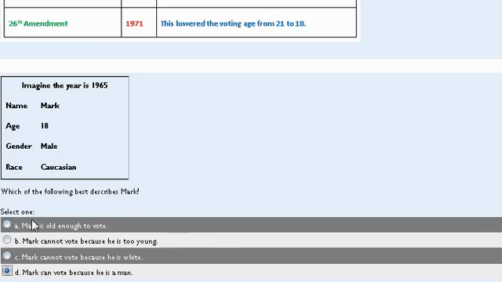So what we'll have to do is look at the year, which is 1965, and figure out if Mark could vote in 1965. There's not really a whole lot of crazy stuff about Mark in terms of whether he could vote or not. He's male, and he's Caucasian. Usually if you're a man and you're a Caucasian in American history, there's a good chance you were able to vote. But he is 18. Like we said earlier, we know that at one point 18-year-olds could not vote. So what we're going to do is see if 18-year-olds could vote in 1965. If we scroll up